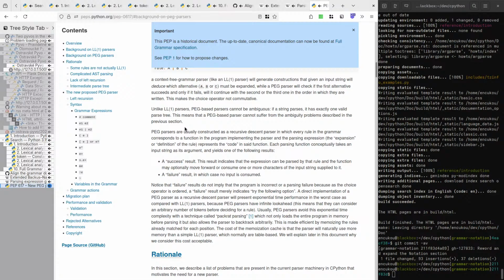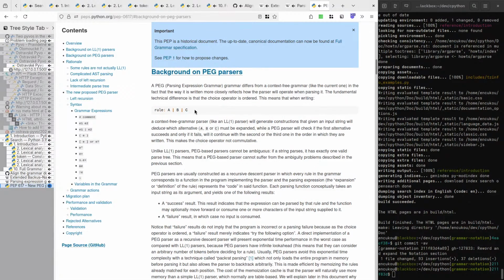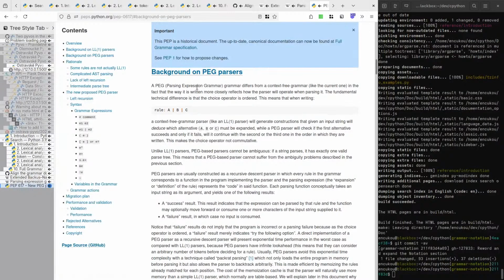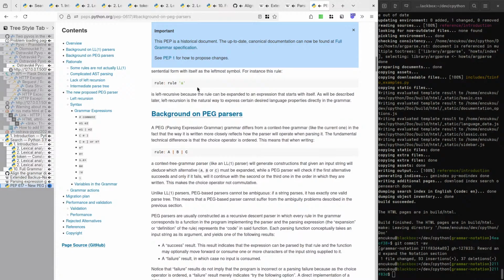Did we mention in our docs that the fundamental difference is the choice order? Yes.